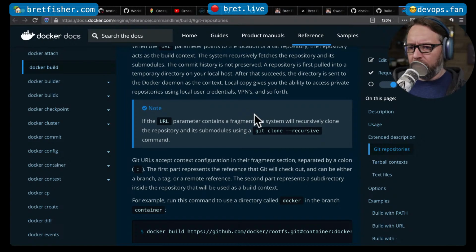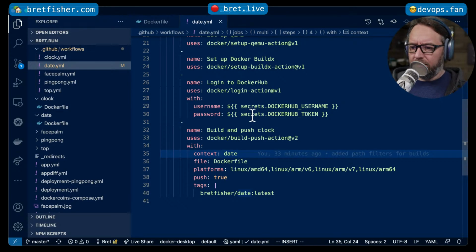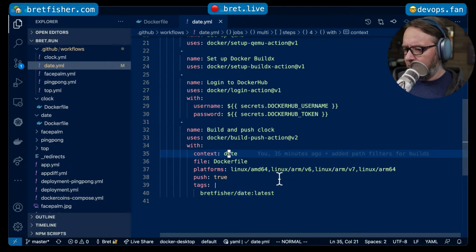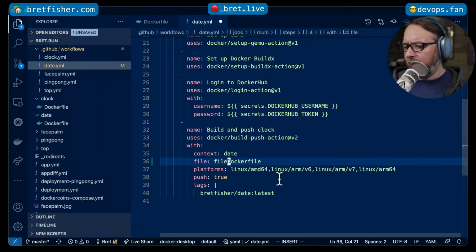All right. So let's see. Date. It's not terribly important because, I mean, I could do something like this. I could do date / Dockerfile. But I think what's supposed to happen is,